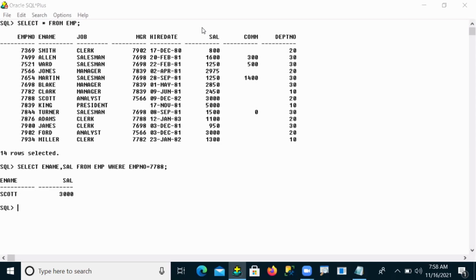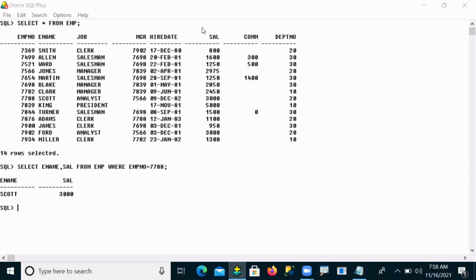Is this query clear to all of you now? Come on, guys. Was this okay or not? Yes, this is our SQL language query, which all of you know. We are displaying only specific columns, name and salary, with a where condition. Whichever employee number we give, that employee's name and salary we display successfully. This is SQL language.